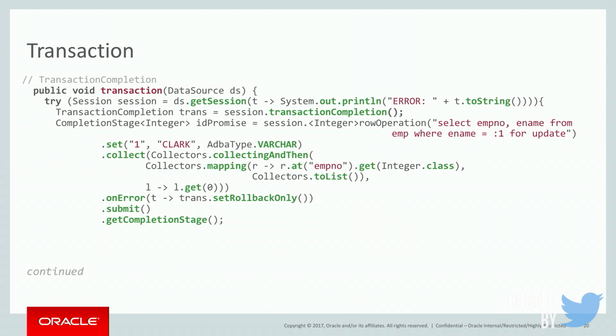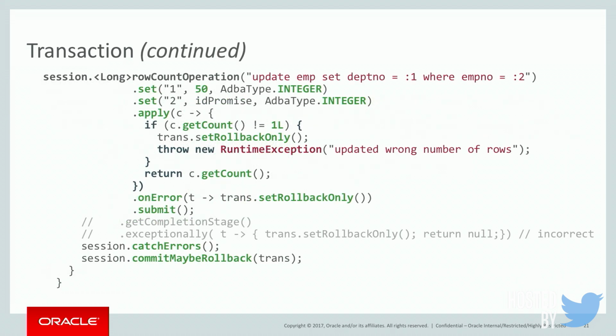Okay, so on error, set the flag to rollback only. If this operation is not successful, we're gonna set the flag. The transaction completion, we're gonna set the flag to rollback. Okay, and then we submit, we get a completion stage, and we move on to the next operation, which here